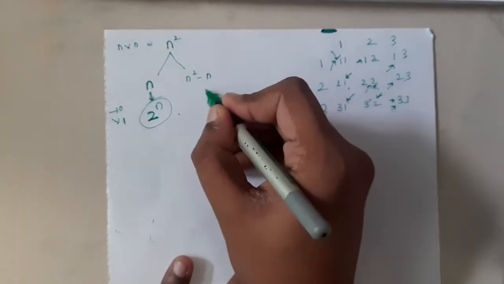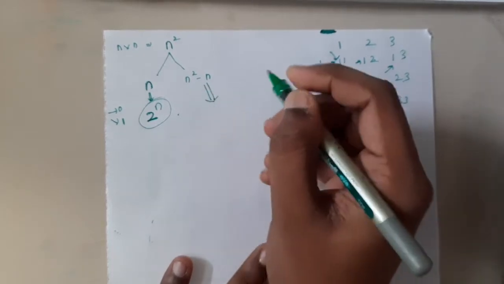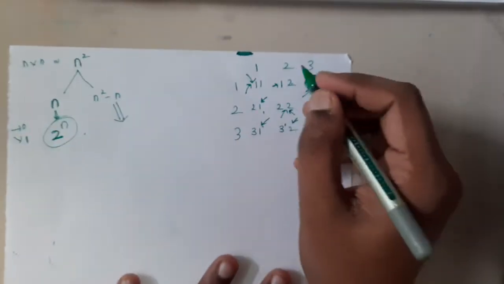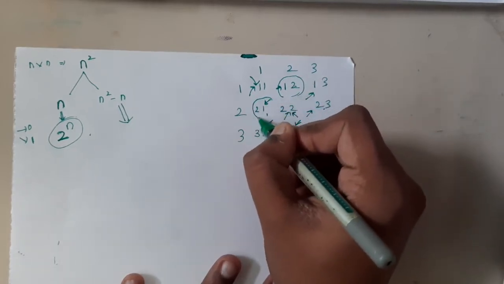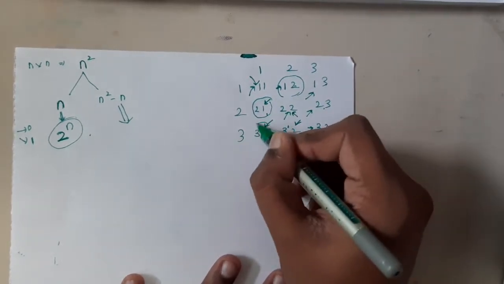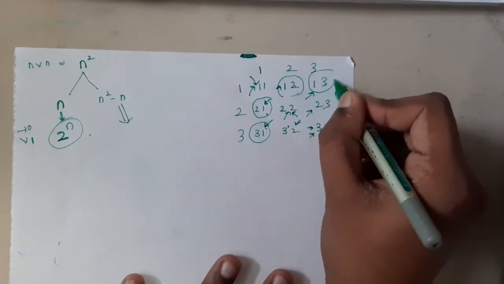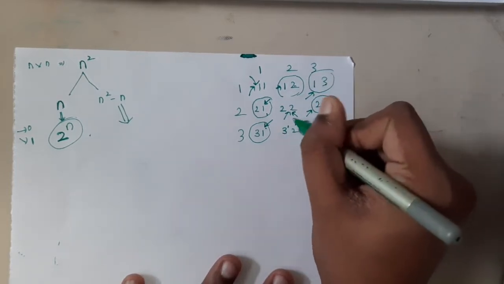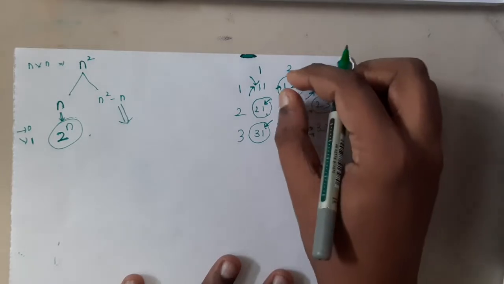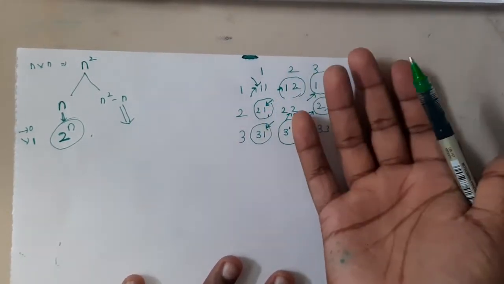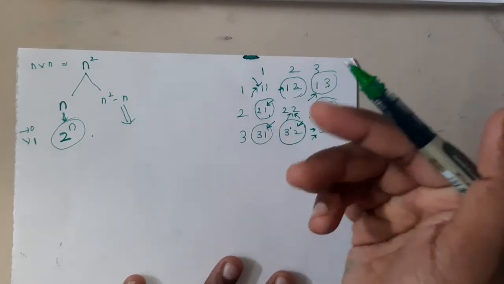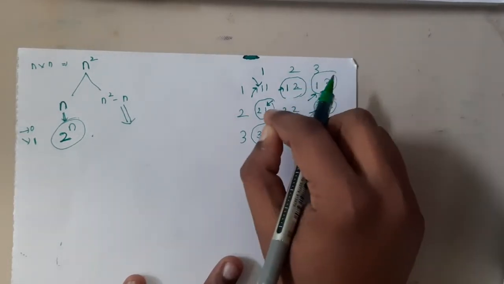Here, if you observe carefully, there is a small trick, guys. If this item is there, which item is mandatory? This item is mandatory. If this item is there, this item is mandatory. If this item is there, this item is mandatory. So indirectly, if you pick one, you are forced to pick the other, right? Because we are trying to establish symmetry, right? We want symmetry. So if you take this item, you should take this guy also.